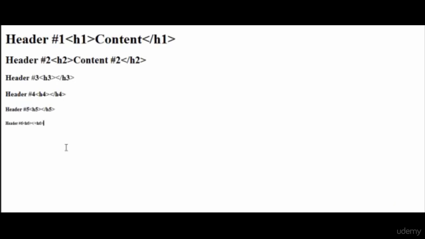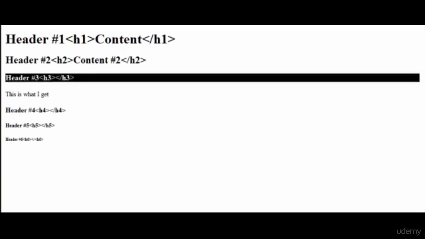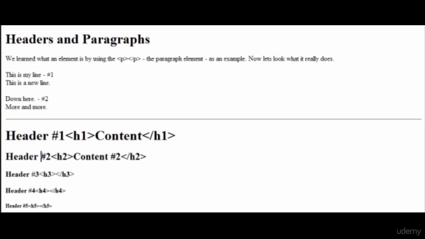This way when you're using a header, for example when I try to type something next to header number 3, this is what I get. It automatically creates a new line and puts my text down there because header number 3 is going to take up all this room. So to recap real quick, a paragraph will separate itself from another paragraph or any other element that comes after it. Two paragraphs together looks like two paragraphs in a book, and it creates a double space. Instead of one line break, it creates two lines.